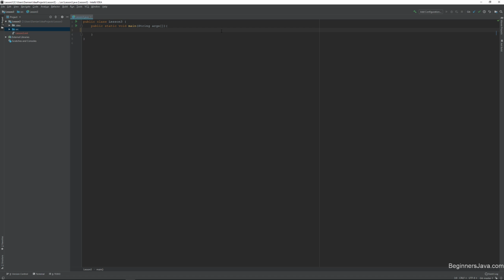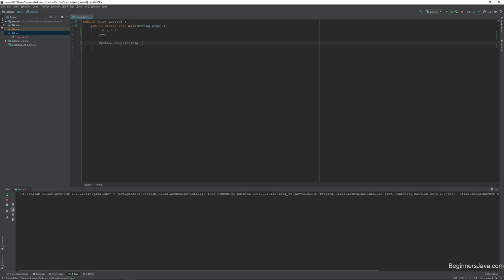So a few things. Let's start by covering order of operations, just because it's sort of the last number thing that I didn't do. So if I say int a equals 1, there's a few things I can do here. If I do a++, what do you think is going to happen here? So I'm going to say system.out.println a. What do you think this value is going to be? Any guesses? Alright, so when I do that, it's going to take a second to build, and when it runs,